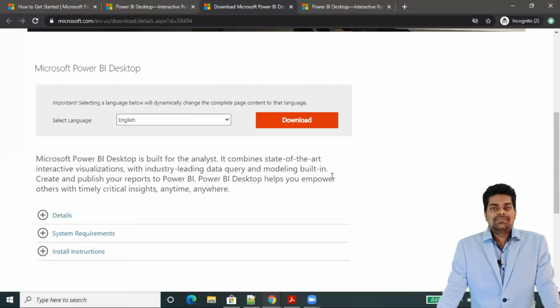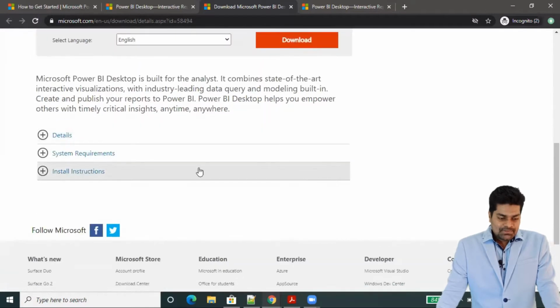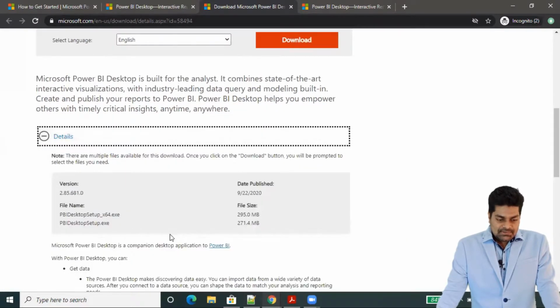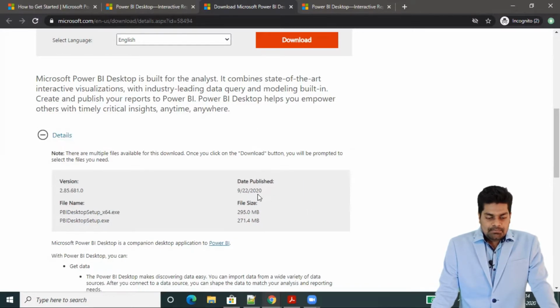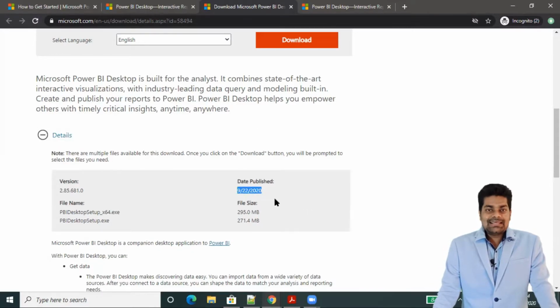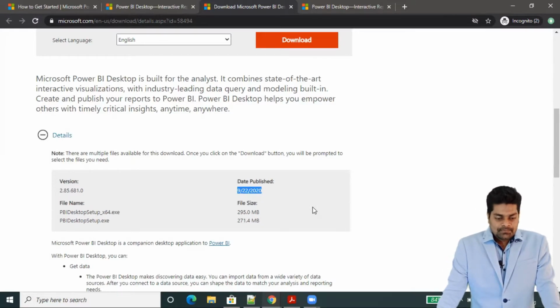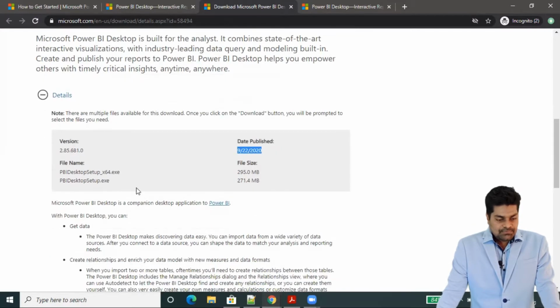So we have two options when we are installing Microsoft Power BI. So here we have details. So this is 2.85.2681.0 and it was published on 22nd of September 2020, and it's available for 64-bit as well as 32-bit.